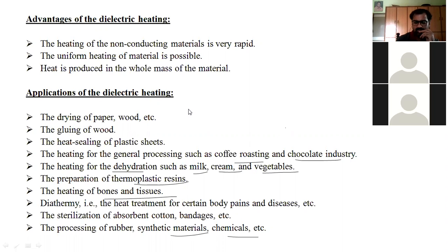When coming to high frequency, there are two methods we have used here, that is induction heating and dielectric heating. In induction heating also, we have classified into two types, that depends upon the furnaces, induction furnaces. That is core type or low frequency furnace, or coreless or high frequency furnaces. In the core type furnace also, we have classified into three types, that is direct, indirect, and also vertical core type. The vertical core type is nothing but your Ajax Watt induction furnace.